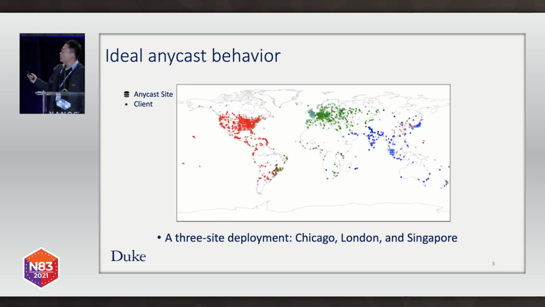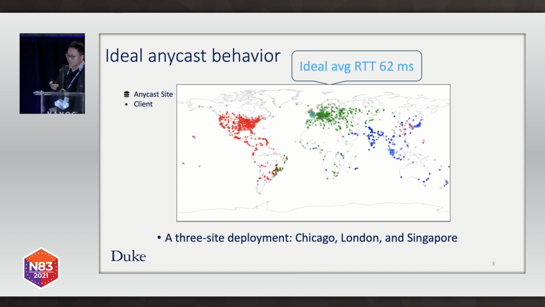We also have a bunch of clients that want to access this Anycast service. In terms of performance, each client should select the site which provides the minimal round-trip time. That's how the optimal catchment should look. Each client chooses the optimal catchment site, shown by different colors. The red dots stand for clients that get the optimal performance from the Chicago site. In this case, the average latency would be only 62 milliseconds if each client can select the site with